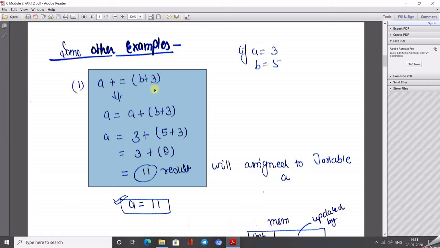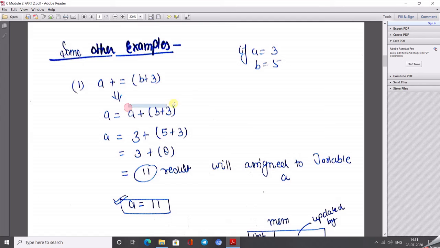What is exactly the meaning of this statement? It is a equal to a plus b plus c. That means the right hand side will perform the addition with the left hand side operand, and the resultant value is stored into the left hand side operand.